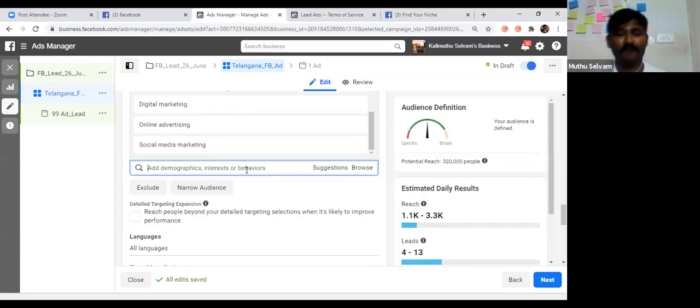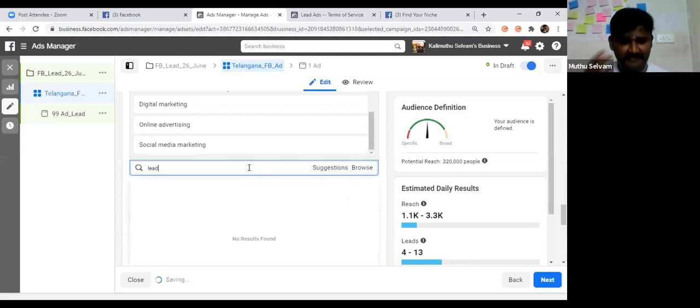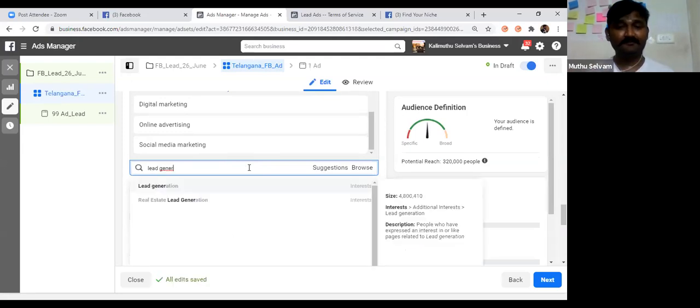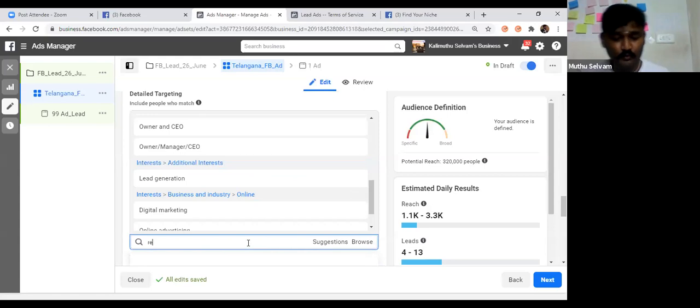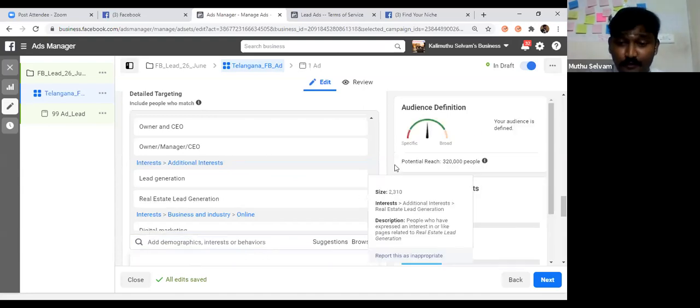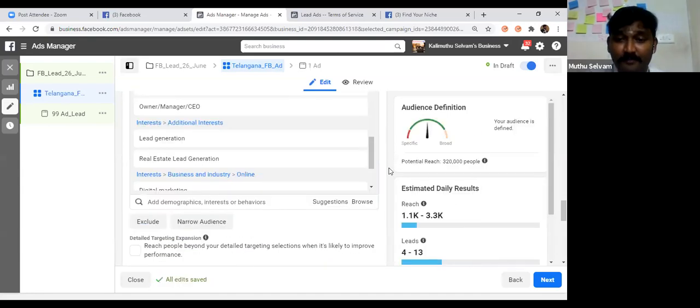Okay, fine. Apart from that, I wanted lead generation. Who wanted to generate leads? Lead generation. Okay, fine. Of course, I want real estate people also. Real estate lead generation interest, whoever it is, so that it will be helpful for this particular course.